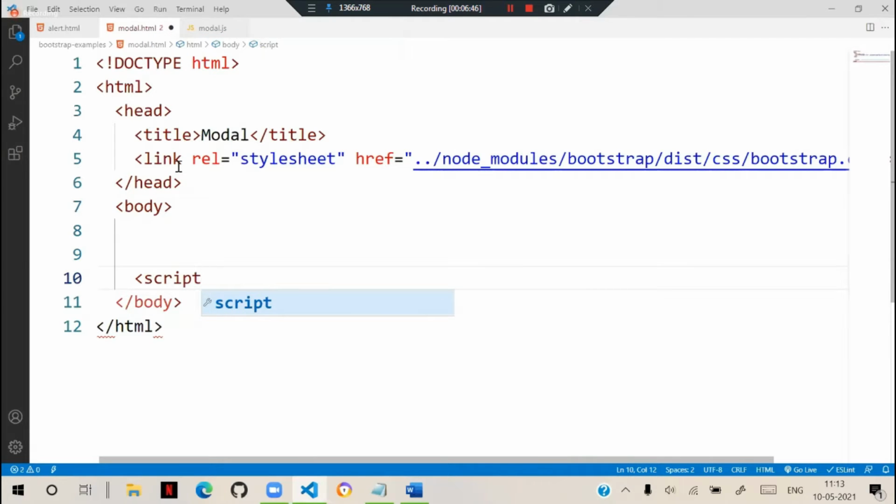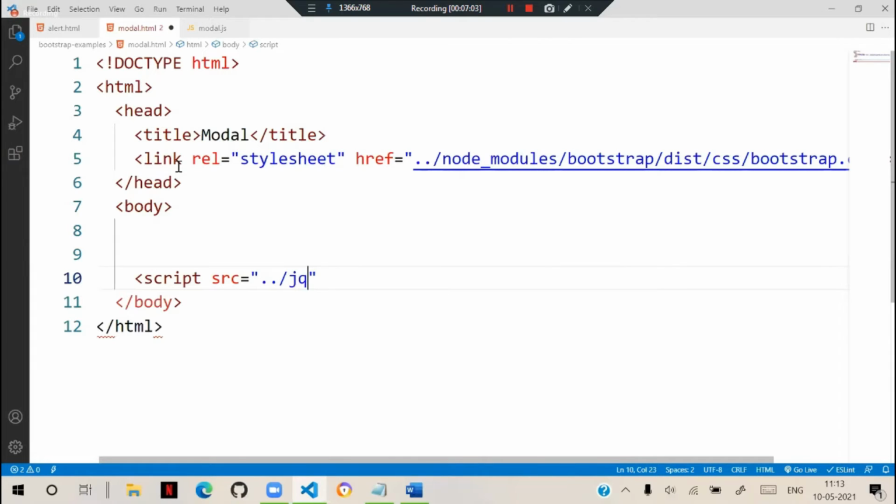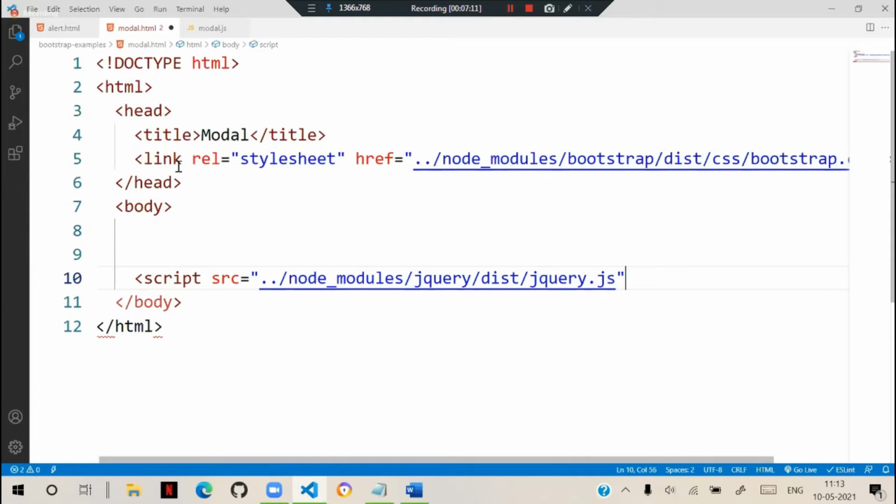It is recommended to define that script src equal to, so you can keep it anywhere in the body, it doesn't matter. Better we keep it at the end of the body section so that it will not disturb the other design. So script src equal to, one is node_modules, jquery, this jquery.js, this is first.